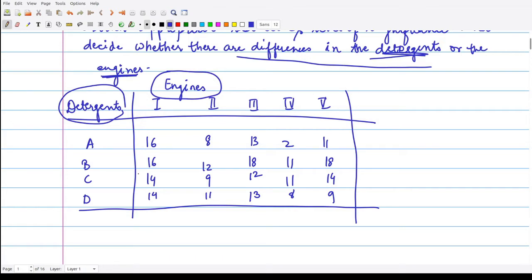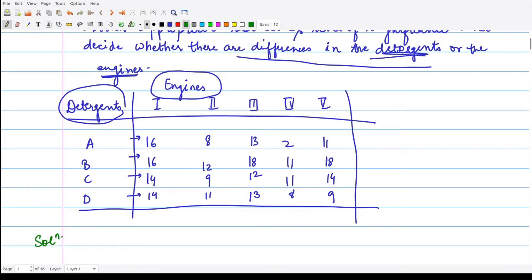If you look at the readings here, the readings are the same. That means we have 5 entries in the first row, in the second also, in the third also, in the fourth also. So we have an equal number of entries in each of these rows, whereas in one-way ANOVA, the number of entries may differ. So that is also one of the differences that you can note. Okay, so let's look at the solution.